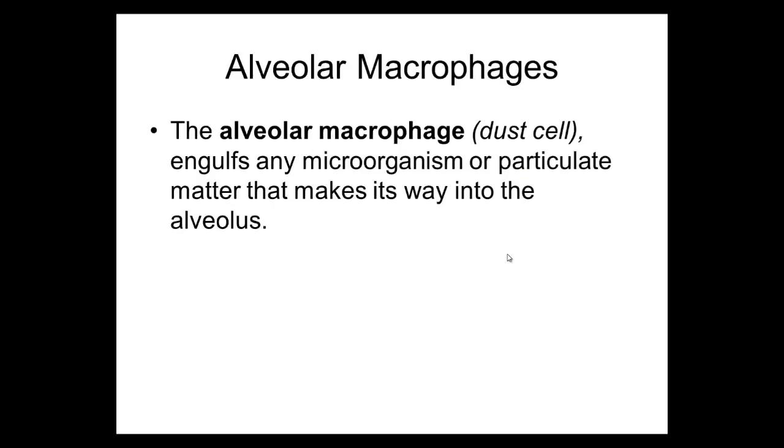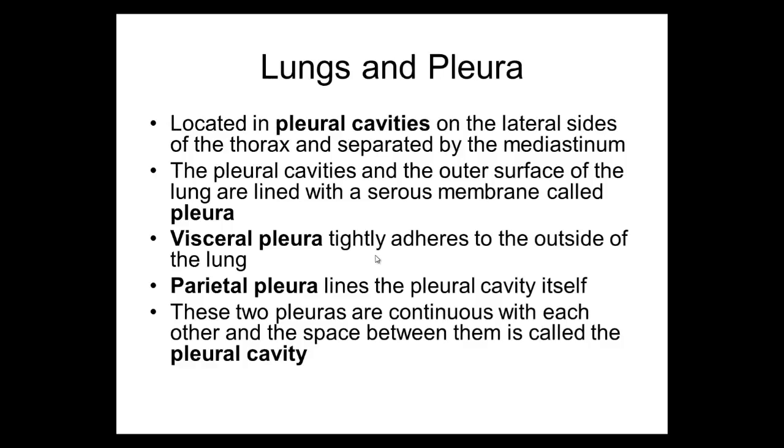Okay. We did talk about the alveolar macrophages, which are mobile. They do not sit in place, and their function is to clean up your alveoli from any small particles or debris. The lungs are surrounded by what we call pleura, that is the serous lining of the lungs, and